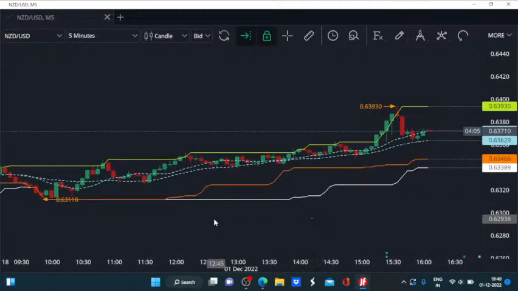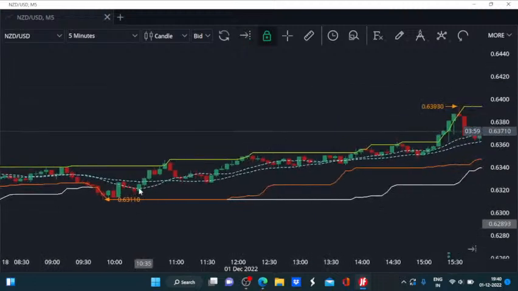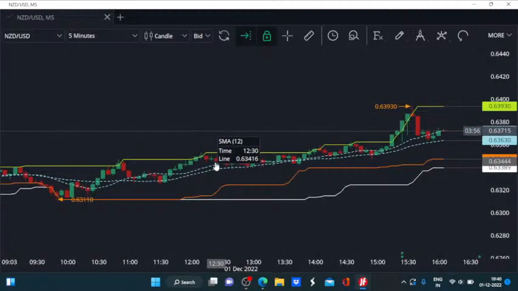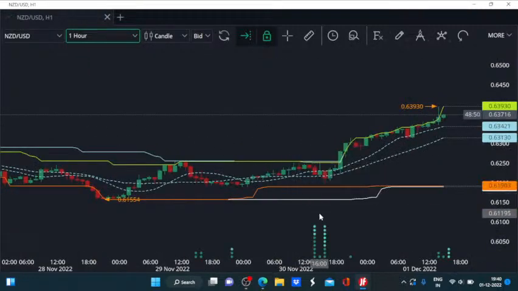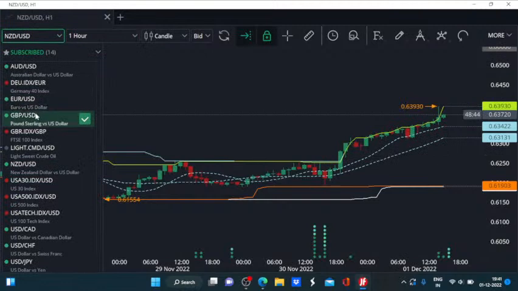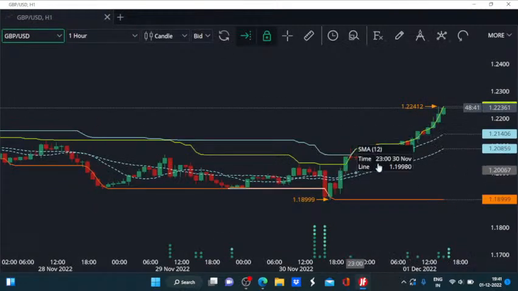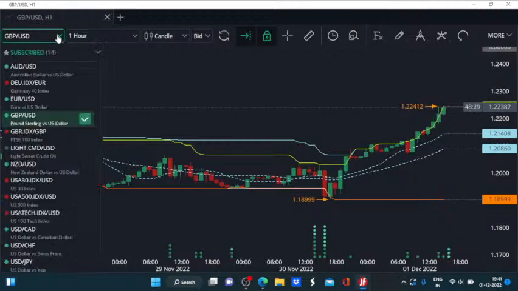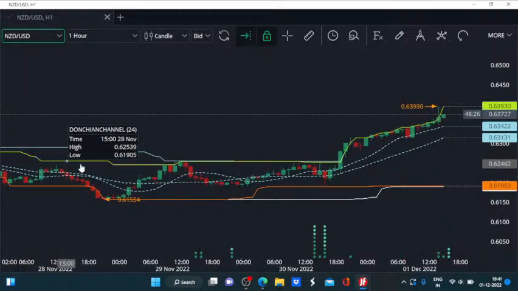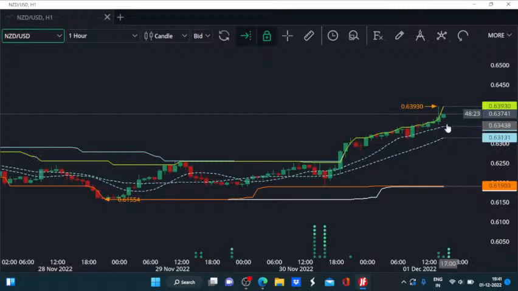In comparison with its Pacific peer, the NZD is, of course, gaining a lot of ground. It appears to be on stronger footing even compared to the Euro USD. So I think it is more in line with the price trajectory of the GBP USD. GBP USD has shown a similar trajectory for today's session. Let's consider the GBP USD's pricing in a larger time frame, and it is also significantly higher compared to its 24-hour average price or even 12-hour average price. So that deviation has happened, but still the momentum remains strong, and a similar thing can also be observed in the NZD, but it is not that